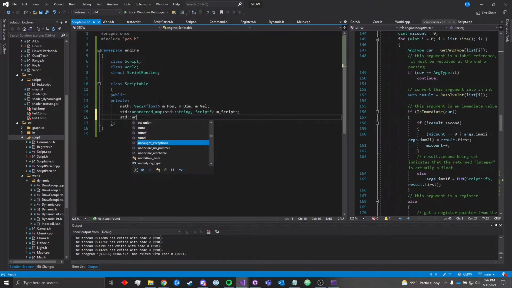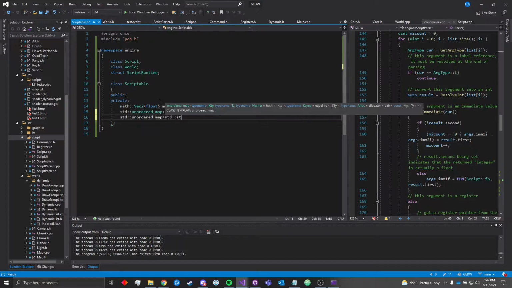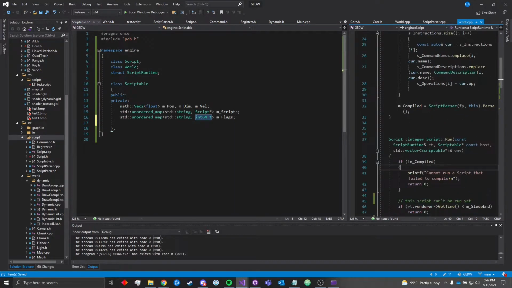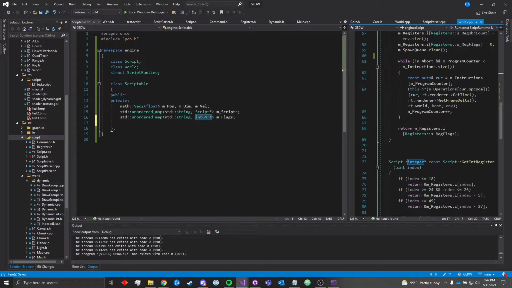And then, not a list, but a map of these same names, the name of each script to the return value, the value returned by the last execution of that script. Because remember, script.run returns an integer, which is just the flags register. And